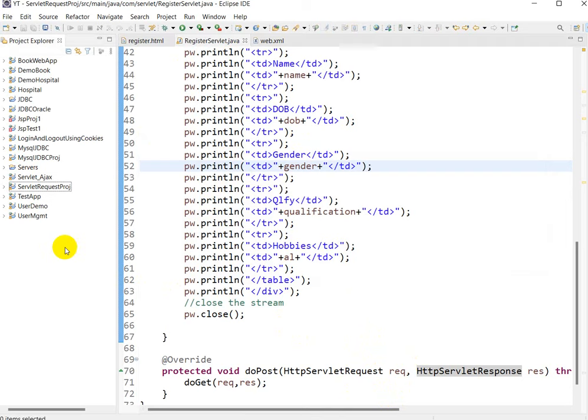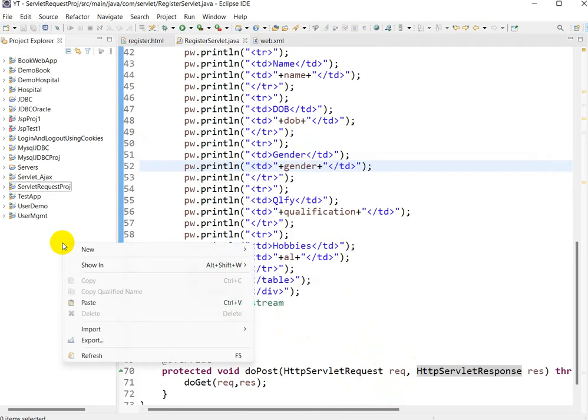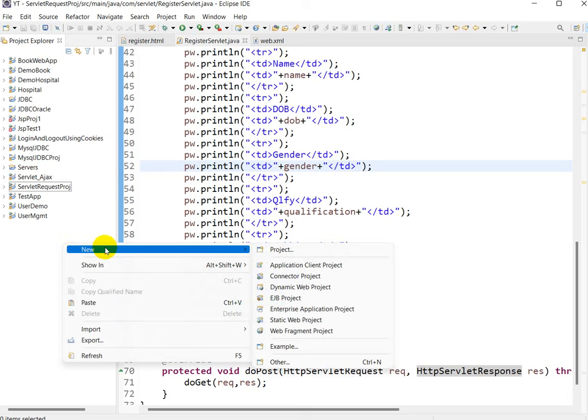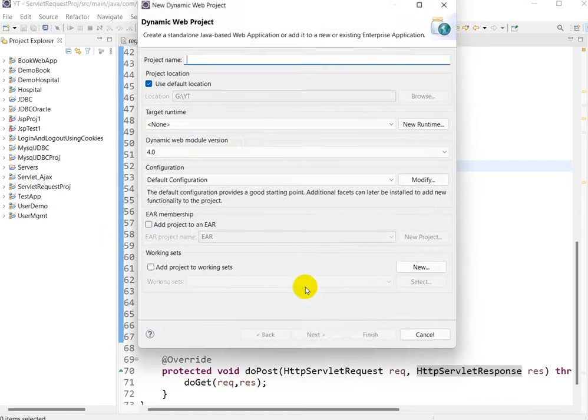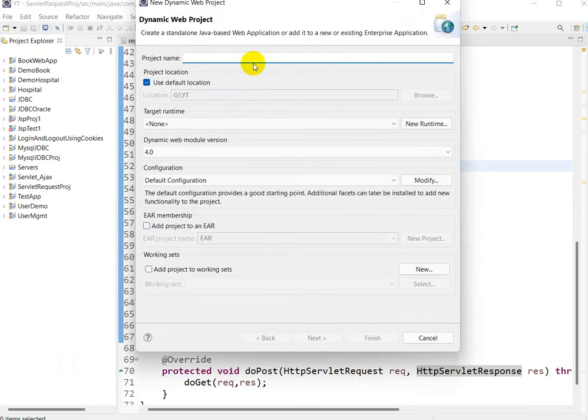So we are in Eclipse, then right click in the Eclipse IDE. Here we can see Dynamic Web Project. Make sure that your Eclipse IDE is the Java EE version, then only you can see this option, Dynamic Web Project. So Dynamic Web Project, then here we will create